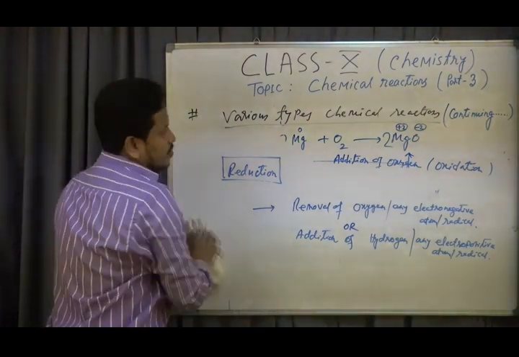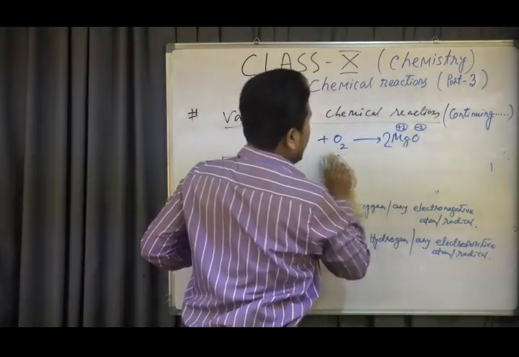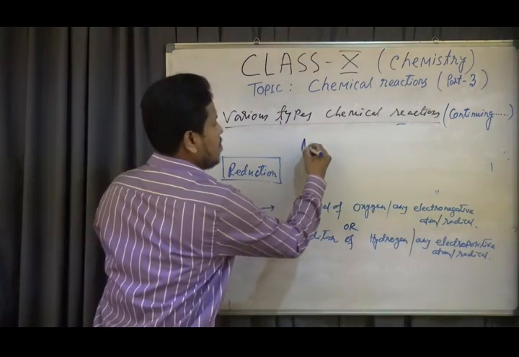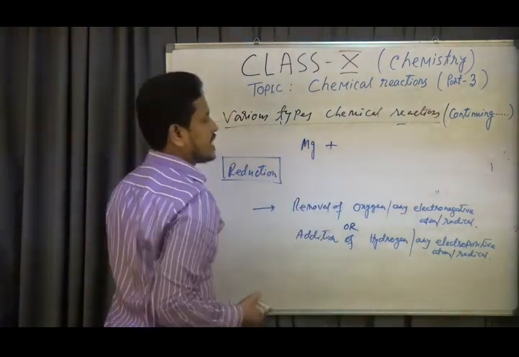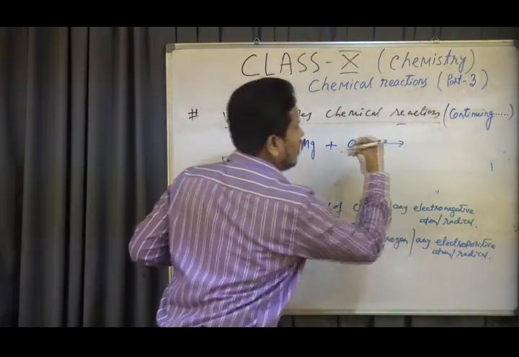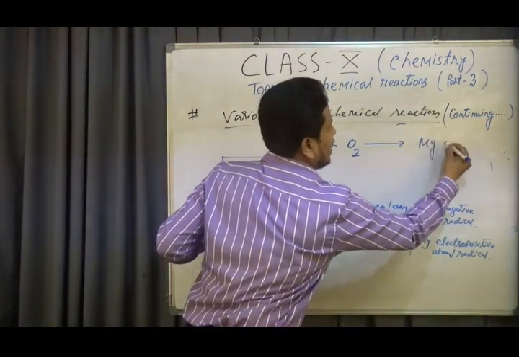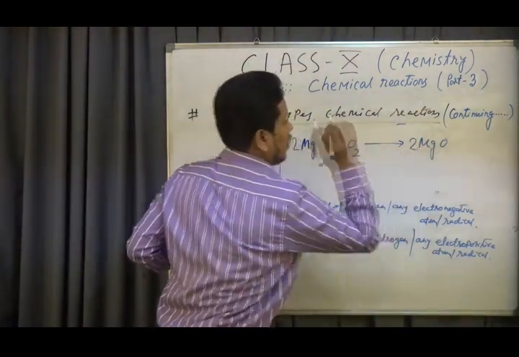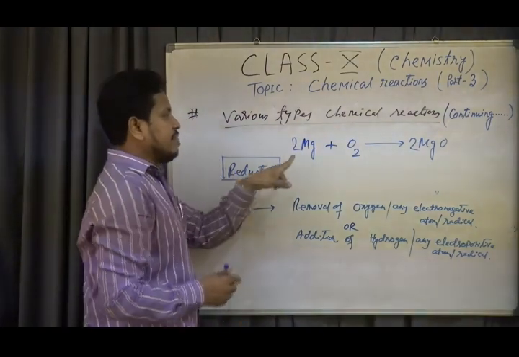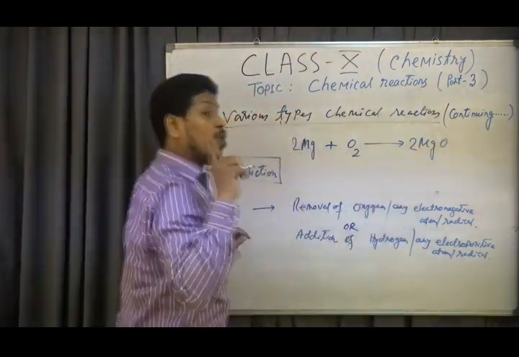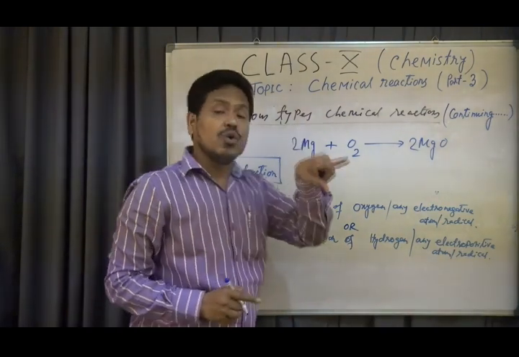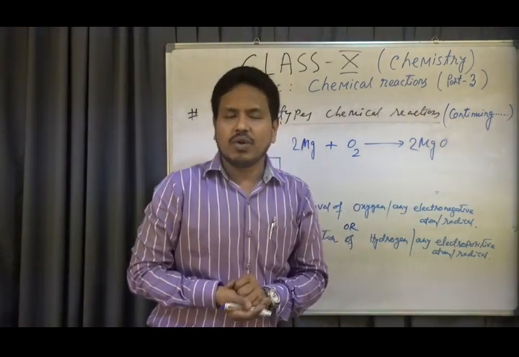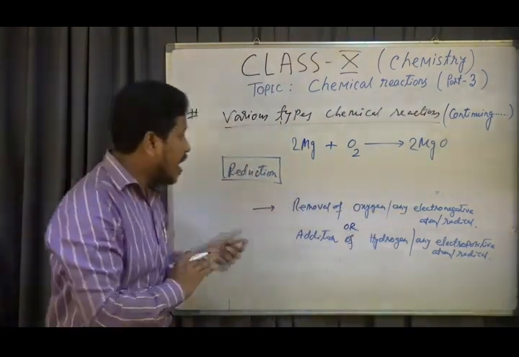Now let us explain by an example. My dear student, the same reaction I am writing again, for your better understanding. Magnesium burns in air to form magnesium oxide as the product. So balancing twice. Look at this. Already I have mentioned that magnesium to magnesium oxide was oxidation reaction. Already I have explained by both old method and modern concept. Magnesium to magnesium oxide is the oxidation process. Now I am going to explain about reduction.